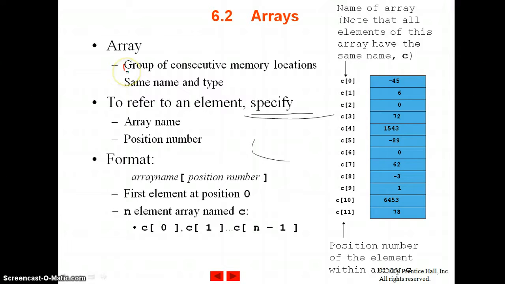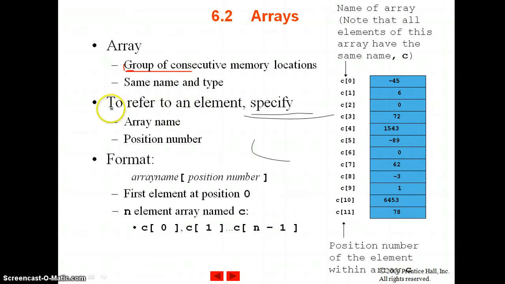So we can define array. Array is collection of similar types of data element. It is a group of consecutive memory locations stored in computer memory, and this array has the same name and type. All the elements stored in an array can be accessed using a single name.